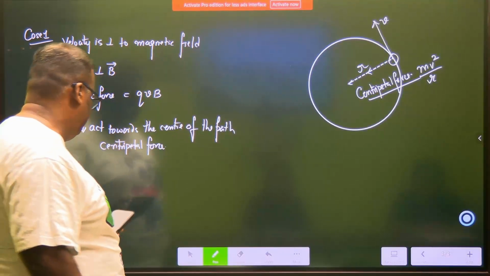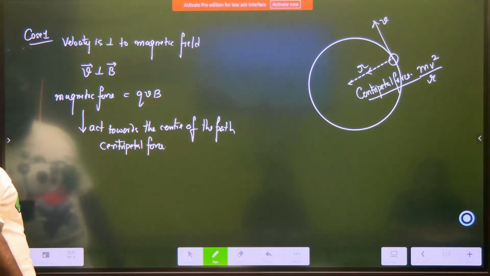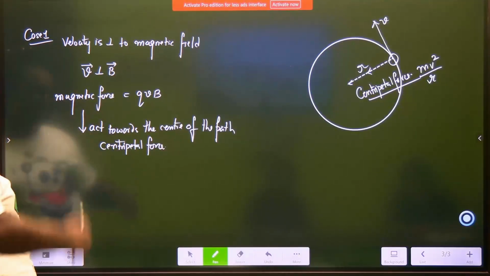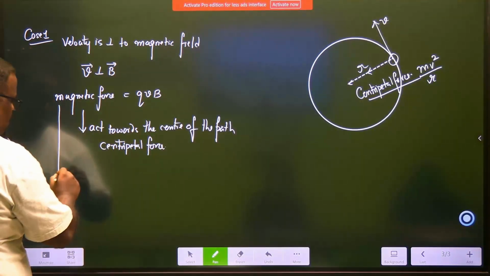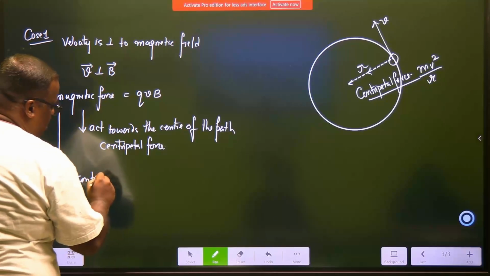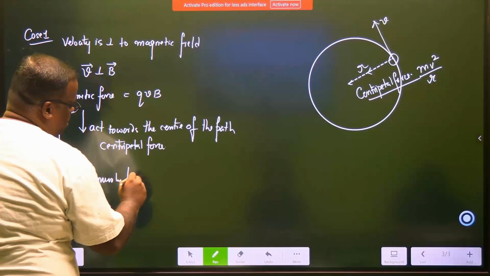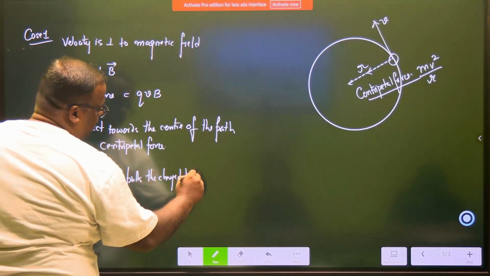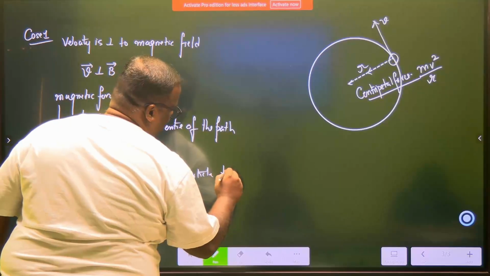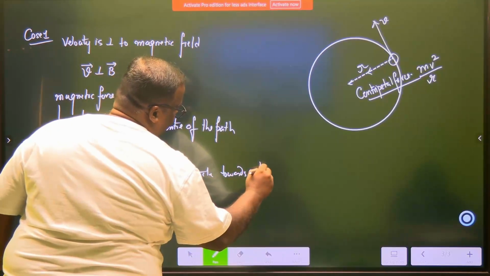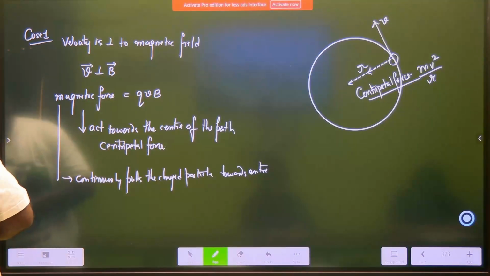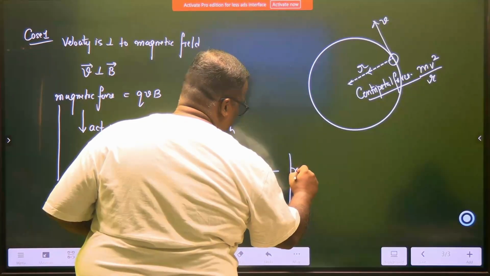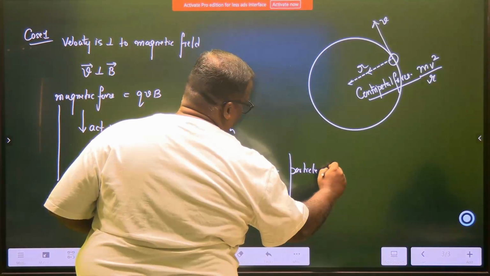So here, the swinging stone, you have understood, right? So put a line. Magnetic force continuously pulls the charged particle towards the center. And that means the magnetic force is actually behaving like a centripetal force, and the particle moves